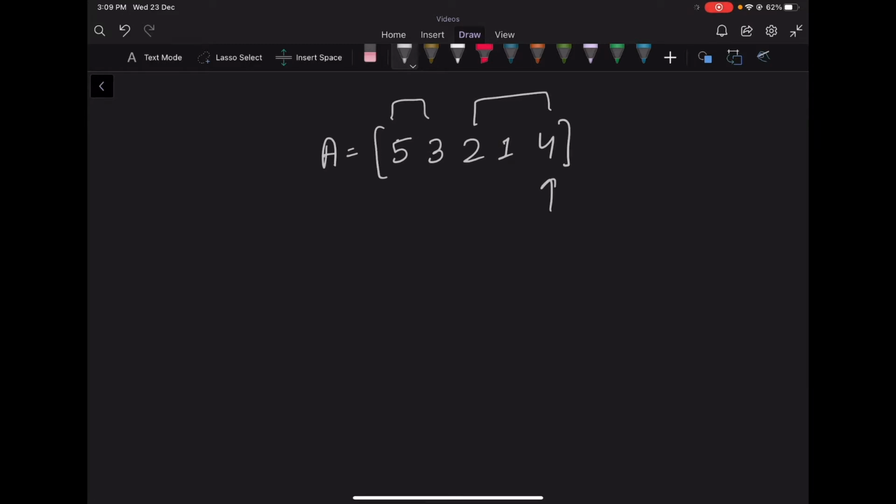Now let's actually take an example. So we have 5, 3, 2, 1, 4. So this is our array. So first thing to observe is, since we want the lexicographically largest array, and we will place some prefix and reverse of some suffix. So if we consider reverse of some suffix, the first element will be 4 in that. Now we want the bigger elements to appear in the initial positions.